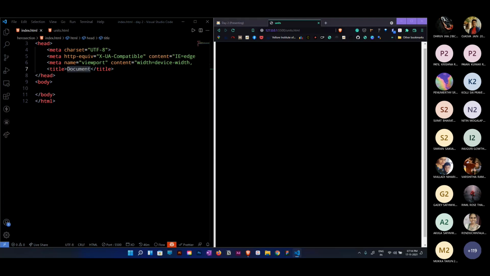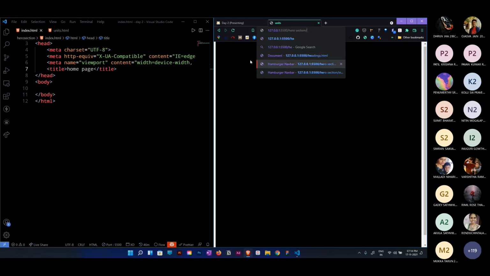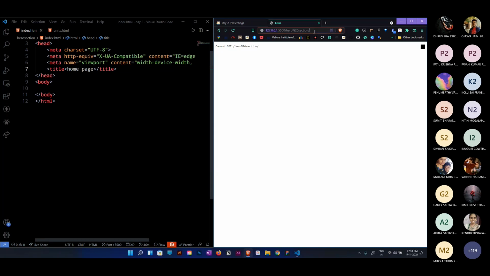I will quickly start with this thing: hero section, or just landing page or home page as the title. I'm stopping the live server because I have created one more folder, and I'm starting my live server again inside the particular folder. Okay, started. Let me just say hello world. Yeah, it's working. Cool. Now I'm not going to explain HTML line by line, but I'm going to explain CSS line by line.